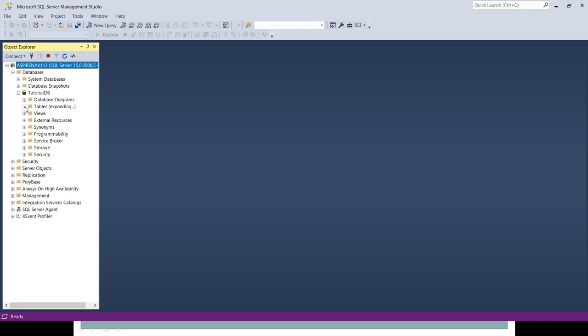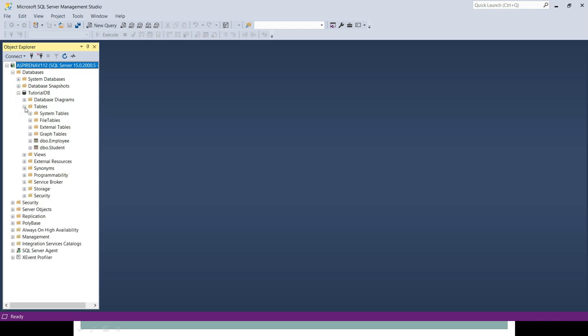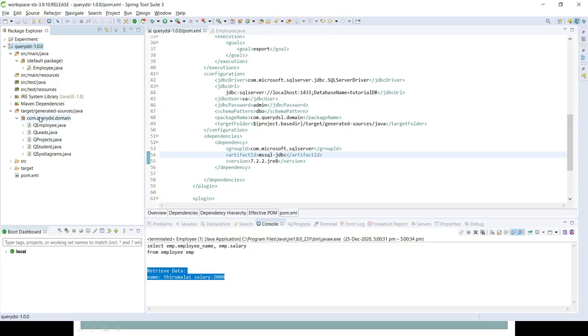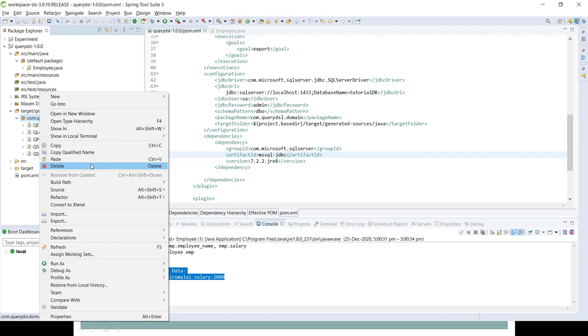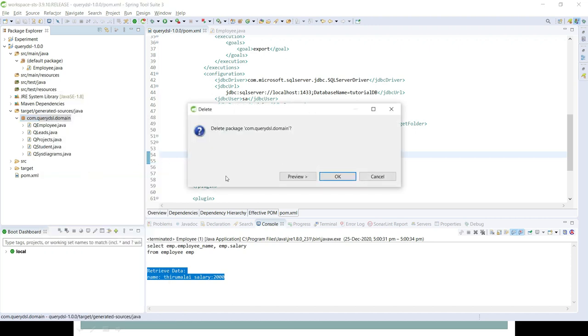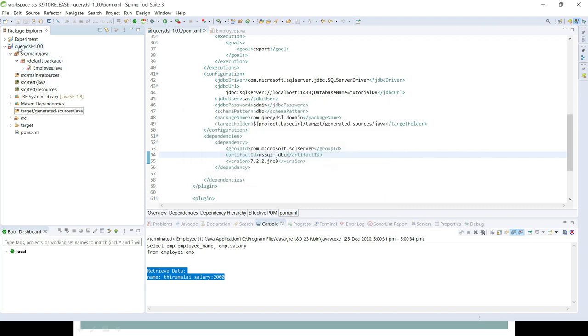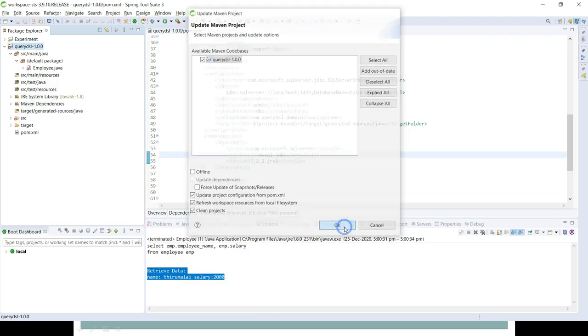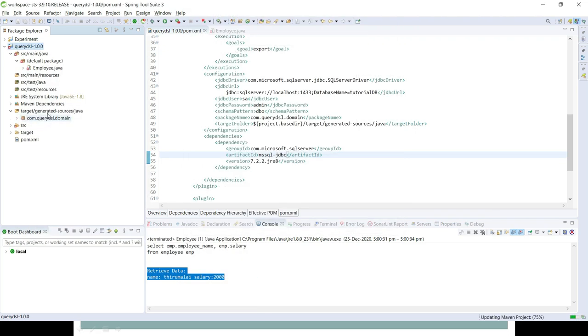In there we have tables, I think there are 2 tables available. Now I'm going to delete this. Since we added it for Postgre, it seems it was not deleted. Now I'm going to run the Maven update again. Now you can see that three tables are created, which is what we required for SQL Server.